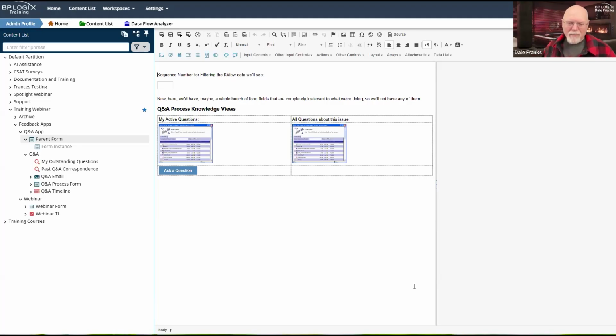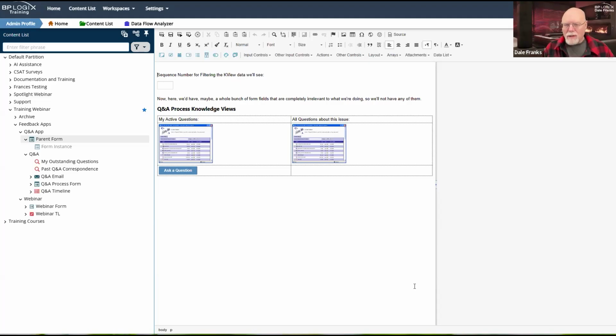And actually, there are probably some things that if you're going to do any sort of feedback app, you want to use to connect the feedback to whatever the original form instance or process instance it is that invoked the feedback from the user. Now, in this case, the feedback is actually a bunch of questions and answers. So I've got a fairly complex thing that I have to do here.